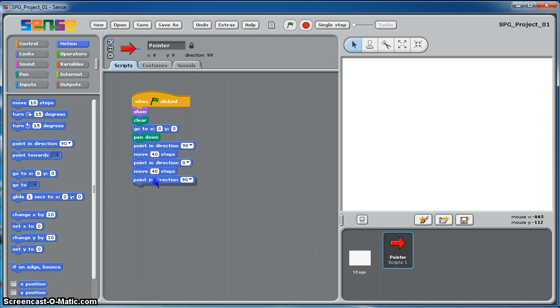Another point in direction, and this time we'll do a minus 90, because we've got to the top of the square, we want to go left and come back to the starting point that we were on, and we'll move another 40. Okay, and then we want to point down the way so that we can come back to our original starting point. So we'll do 180, we'll move